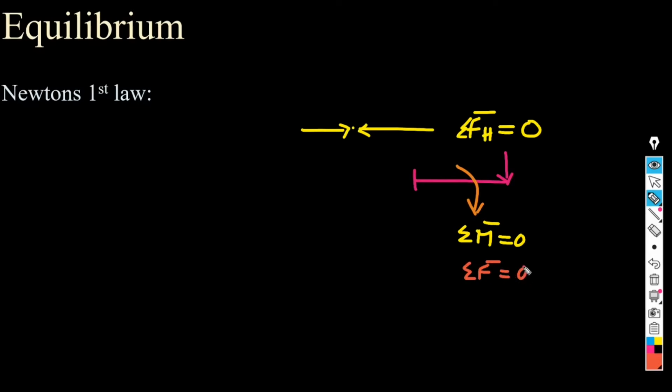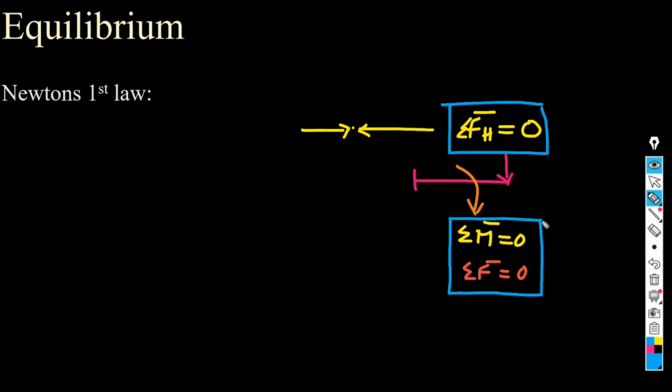summation of moment should be equal to 0. The conclusion from here is, in case of a particle, to ensure the condition of equilibrium, we need summation of forces equal to 0. In case of a rigid body, we need summation of forces equal to 0 and summation of moment equal to 0. If I express this in terms of vectors, then summation of forces in x, y, z is equal to 0. For a rigid body, apart from the summation of forces, we need summation of moments in x, y, z direction equal to 0.